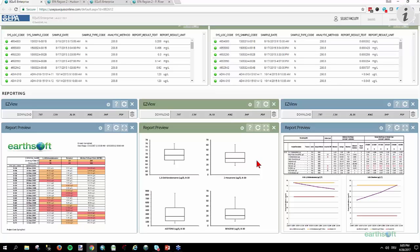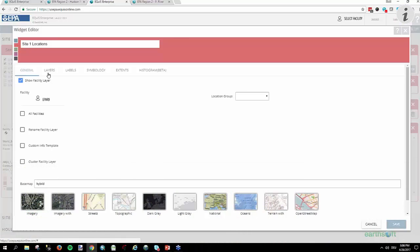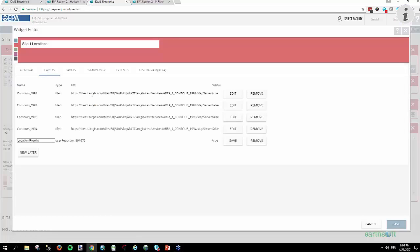Awesome. We have a couple of questions from Kathleen, and I can provide some additional details on these. Kathleen first asked, can you show the contour setup? So let's find that quickly. We're looking at that one over here. These contours are actually coming from an ArcGIS online account. On the map widget, if I go into the properties, I can show you that. We have one tab called layers, and that is where we brought these in. You see we have 4 different contours, and every one is connected to a link that is coming from that ArcGIS server. To add one of these contour layers, you can just come to new layer over here,